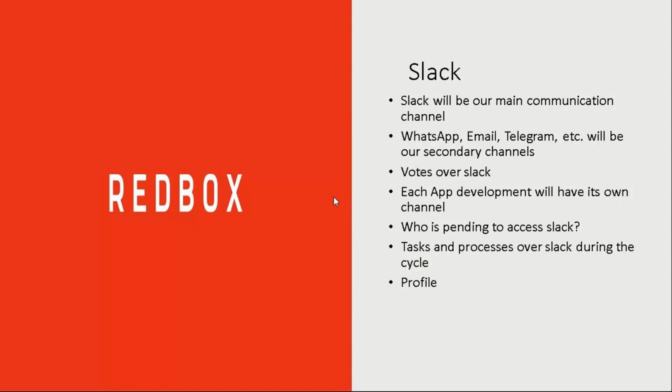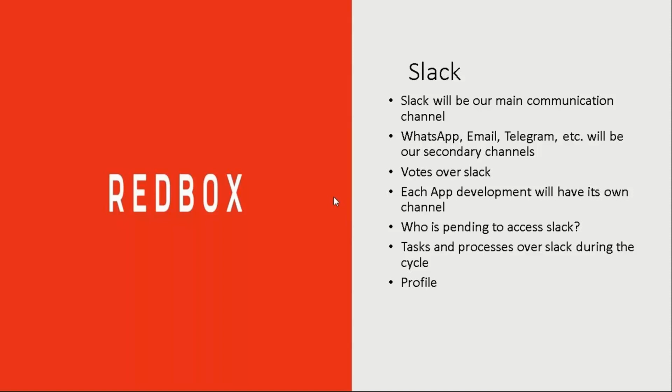Keep an eye on Slack for that option. Okay, each application development will have its own channel. It is the same, so it means that if we decide to create 2 applications, for example, we will have 2 different channels on Slack. Each channel will be used for the specific code or development.